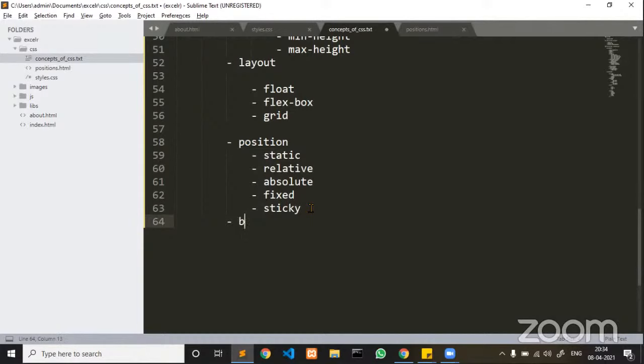Let me go for background-related properties. Under background, you can go for background-color. Either a single color or multiple colors you can give as a background color, or we can also set a background image as well. We can set a color as a background, and we can also set an image as a background. So I will also take a couple of examples to give